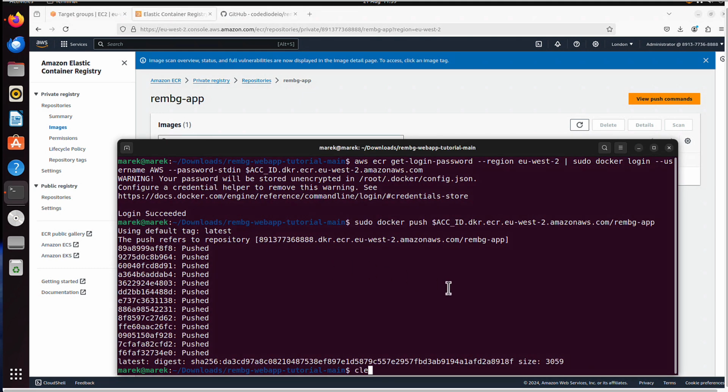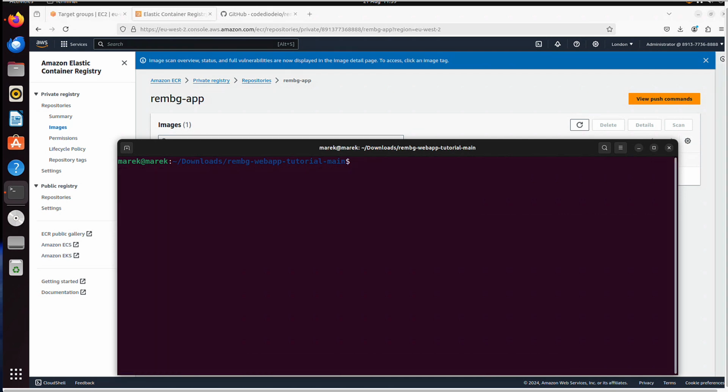I will clear again. I know it looks like a lot, but once you have all those commands, you can just copy paste them and have it up and running in no time, believe me. Now it takes long because I talk about every single item, but anyways, there are some few more bits that we have to configure. First one is the IAM role. This is basically a set of permissions for our ECS service to be able to pull the image, run in the cloud. It needs to have specific permissions. So that's what we will do next.